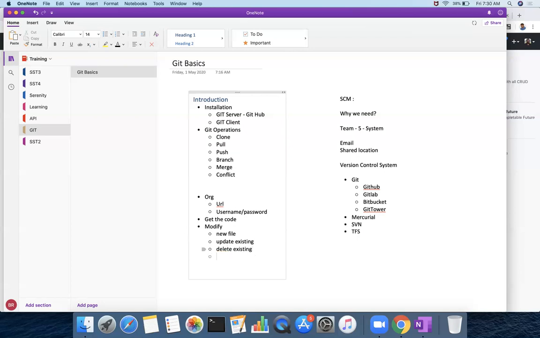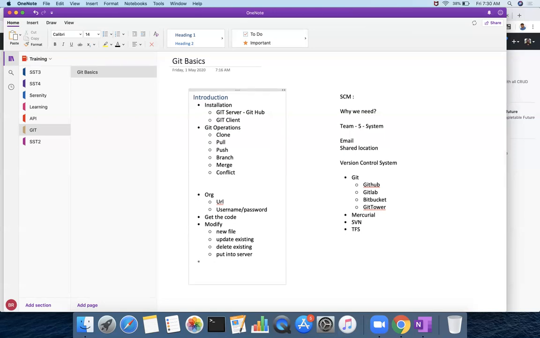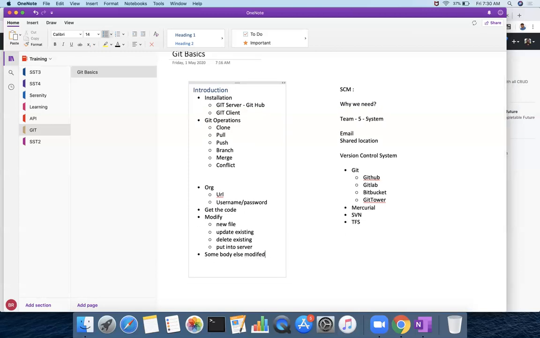Then this modified code has to be put into the server so that everybody can get it. The other case is when somebody else modified the code, and you need to get that latest code.